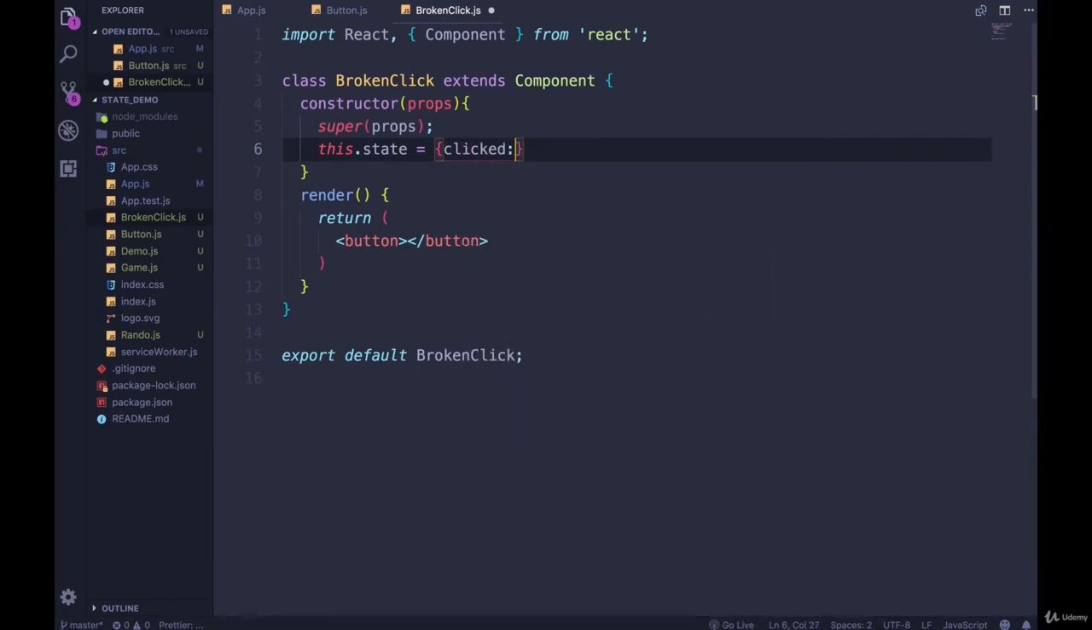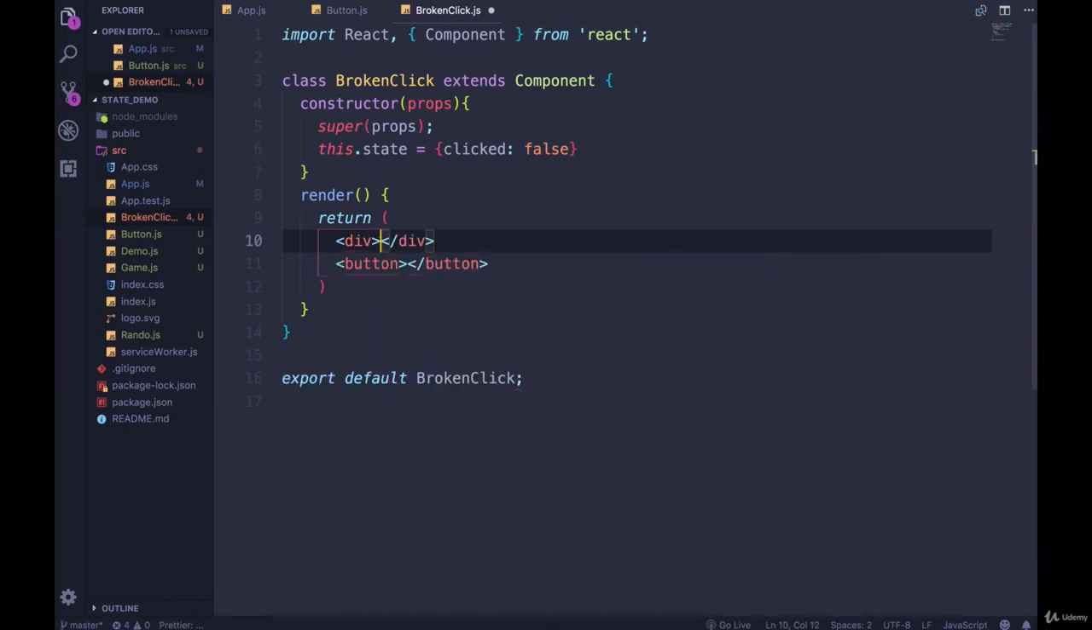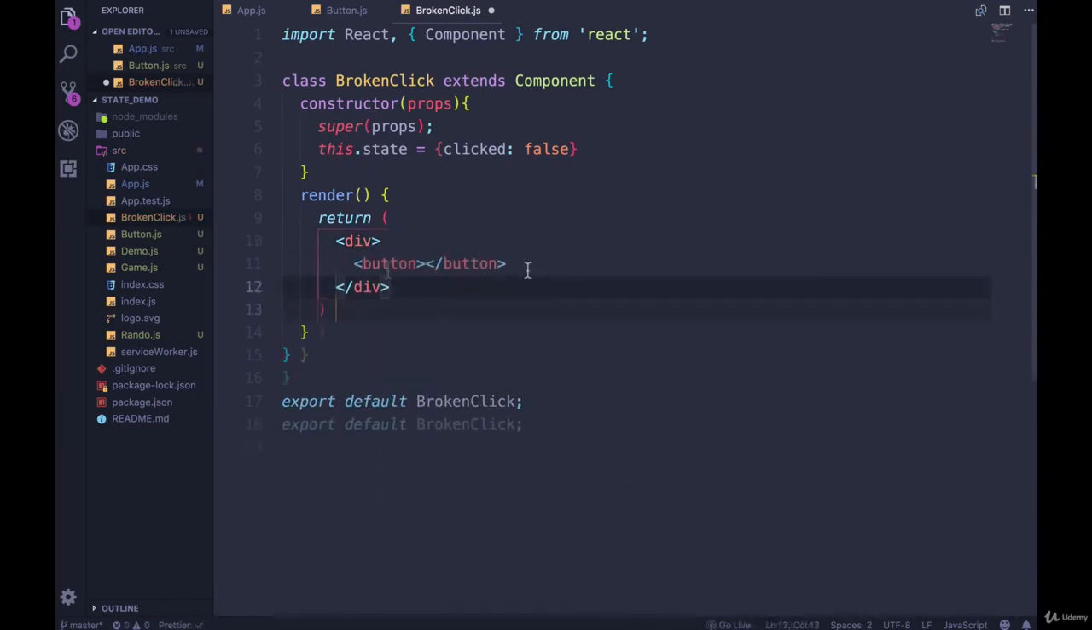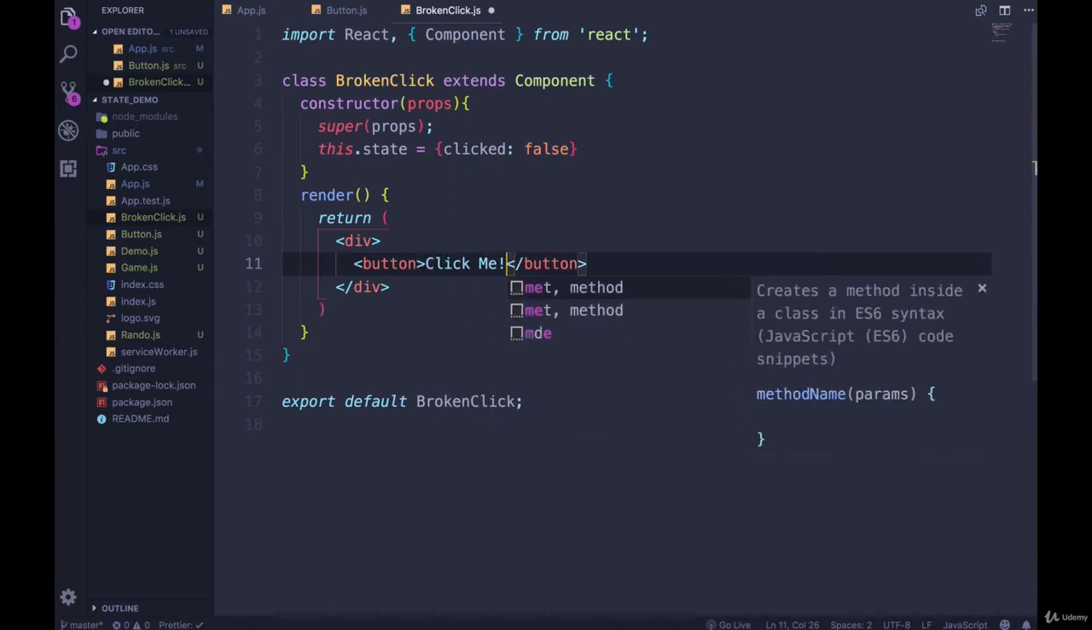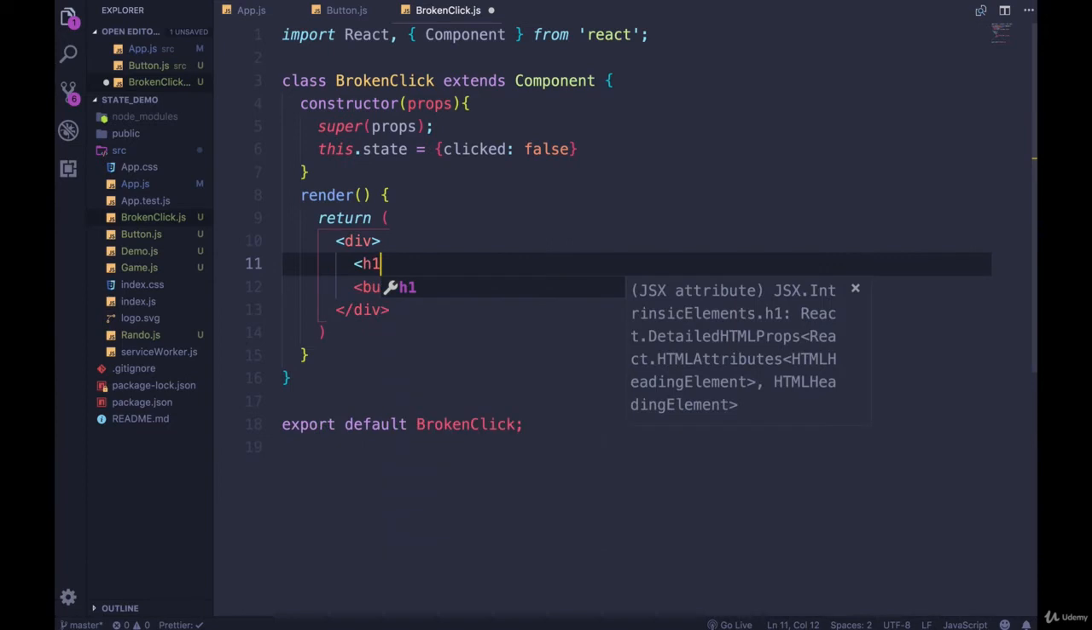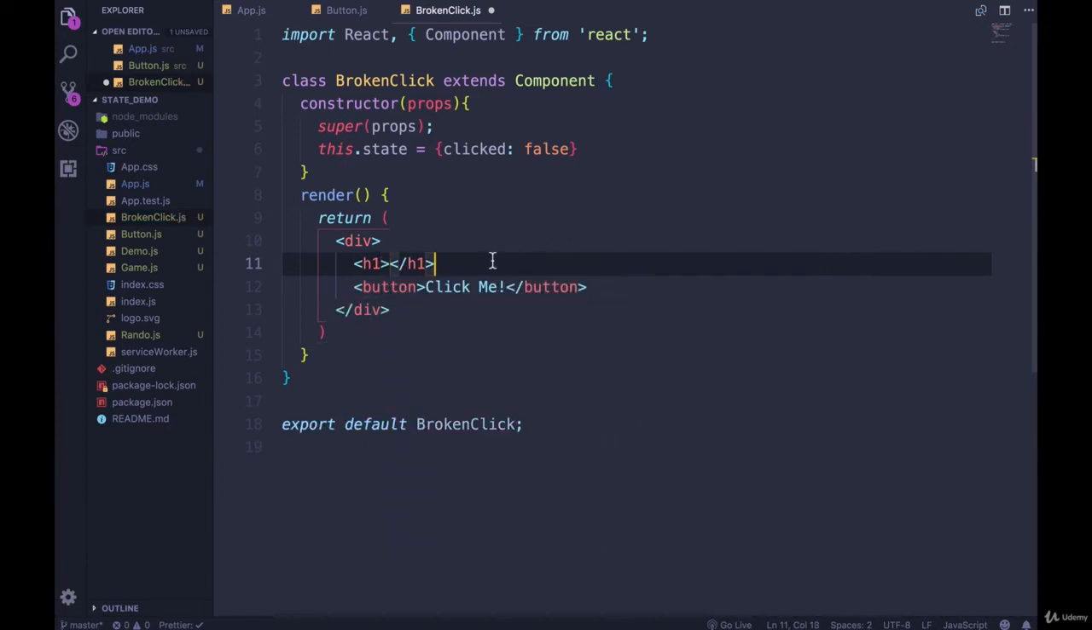We'll just add a single key value pair of clicked, and it will start as false. So clicked begins as false, and then inside of my render, since I'm going to have an H1 and a button, I need to put a div in there first, just like this, and this button will say click me, and then let's display an H1, and this H1 should either say clicked or not clicked, depending on what the state is. So we're going to add, instead of curly braces, we've seen this before, this.state.clicked, ternary operator, and